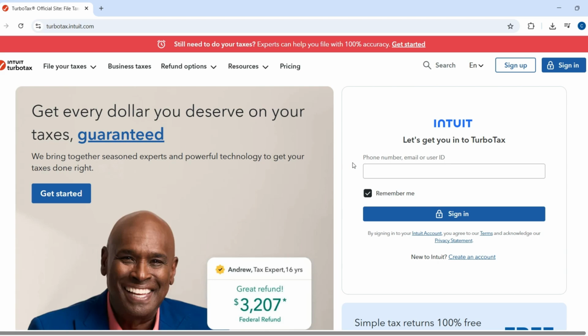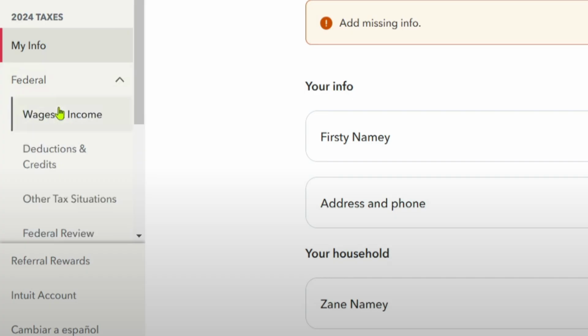So for today's video, I'm going to teach you how you can easily file business tax for LLC in TurboTax. So of course, just head over to turbotax.intuit.com and make sure that you're logged in. So once you're logged into your account, in the left panel, just click on My Info and we can start